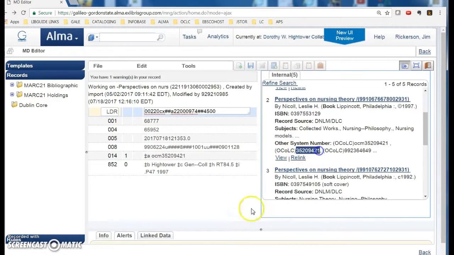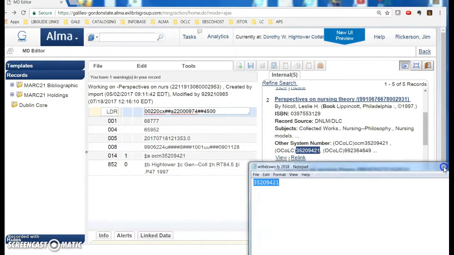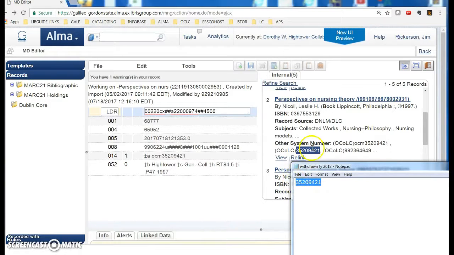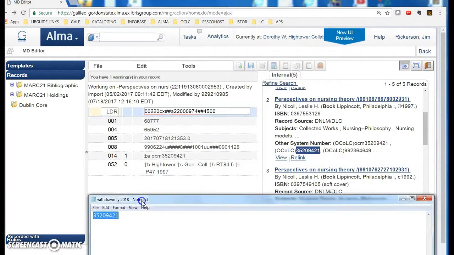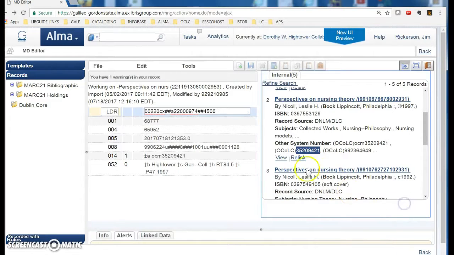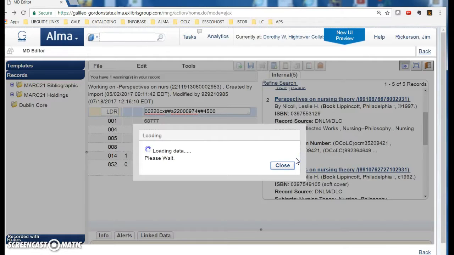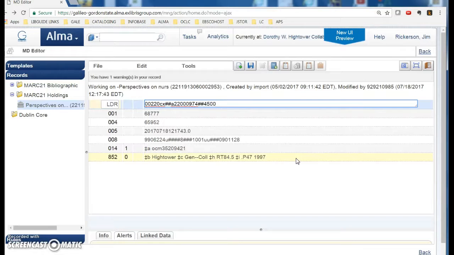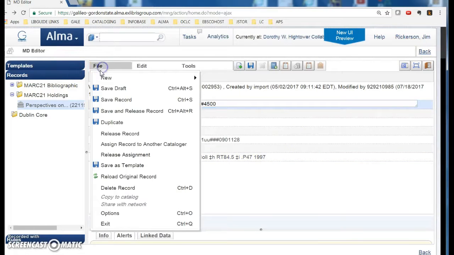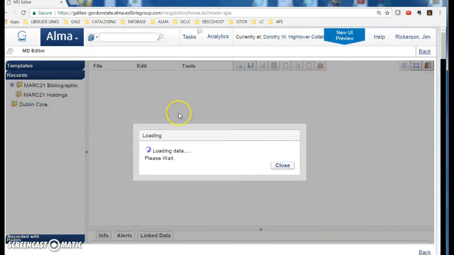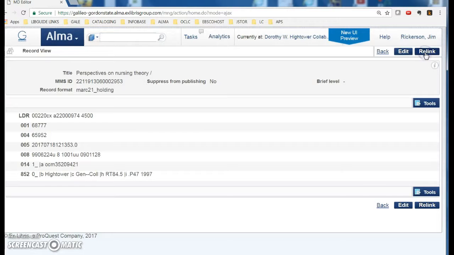And this title control number also matches. So this is definitely the record that we want to link to. So we're going to click Relink. And I'm going to save and release the record. And then click back